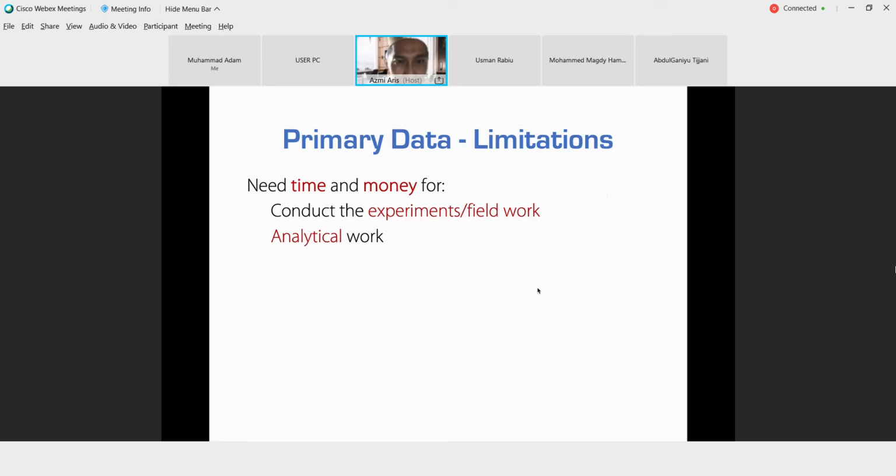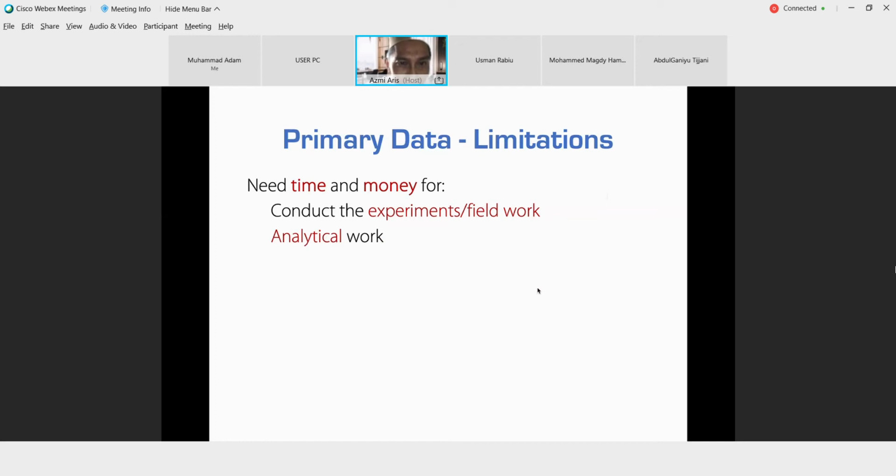It is okay to send your sample to third party. It is acceptable, provided that that is advanced analytical work. If it is basic analytical work, you have to do it. But if it is advanced analytical work, you can ask third party to do it, but you must state that in your thesis. And also,